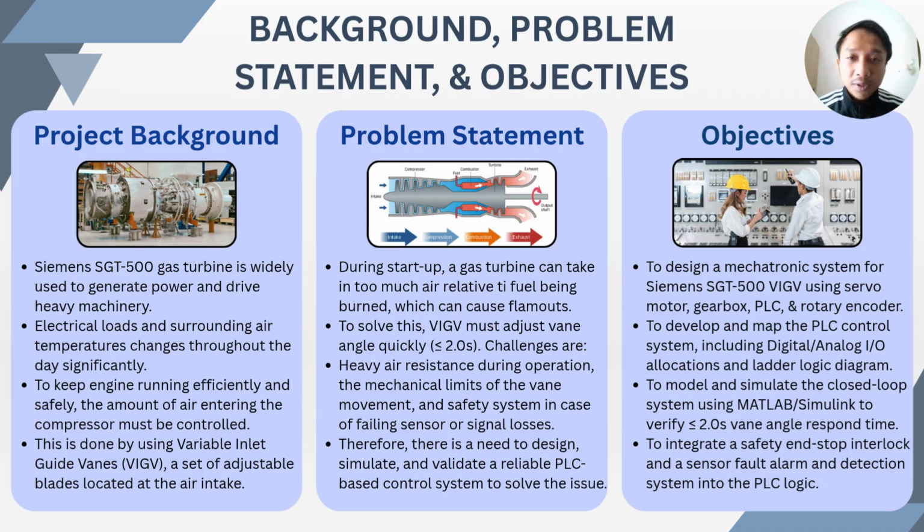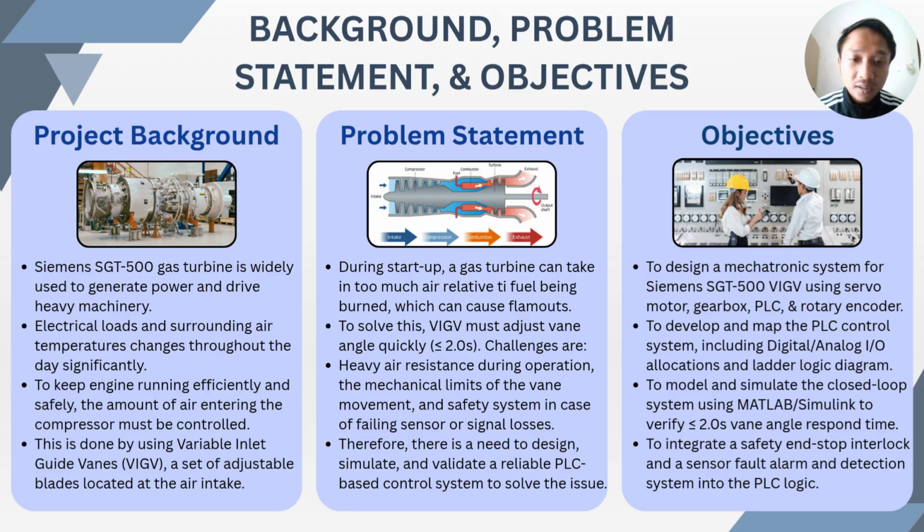So to start, I will be going through the background, problem statement and objectives of this project. So the project background is about gas turbines, which is the Siemens SGT 500, which are widely used in industries to generate power and drive heavy machinery. These turbines experience changing electrical loads and surrounding air temperatures throughout the day. To keep the engine running efficiently and safely, the amount of air entering the compressor must be controlled. So this is done by using variable inlet guide vanes, or also called VIGV, which are adjustable blades located